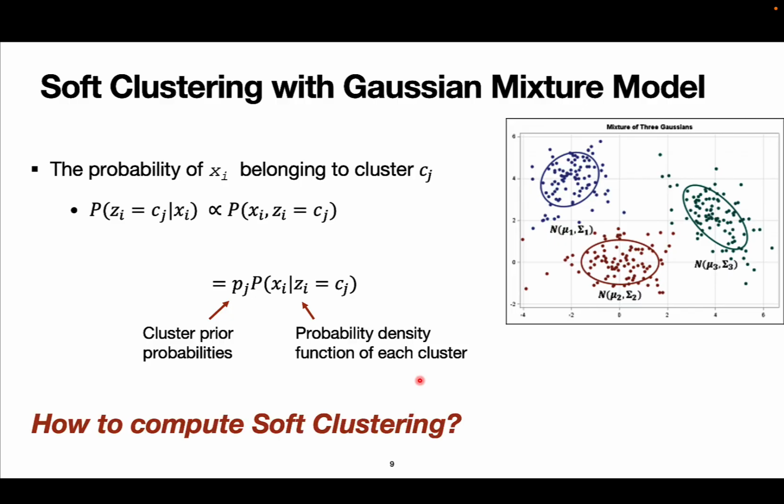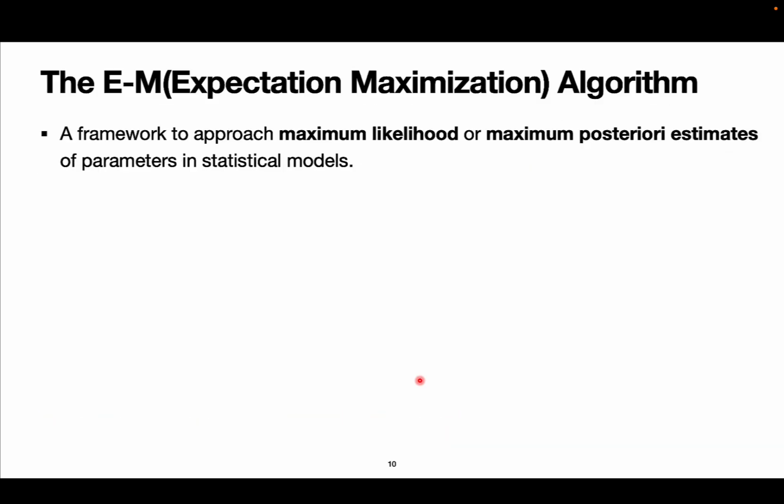Now the problem is formulated as how to compute soft clustering. To compute these soft clusterings, we need the cluster prior and parameters, but at the same time, we can't reliably estimate these parameters without knowing these membership probabilities. That's why we are going to use the expectation maximization algorithm. Briefly,